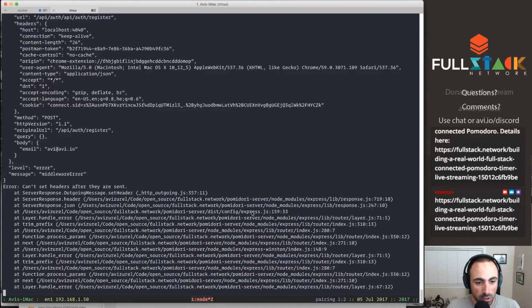So we have response and then express config. You see here config express here. So layer, trim prefix, process params, and then where are we? So we're router,